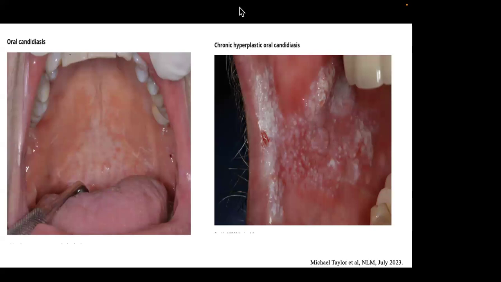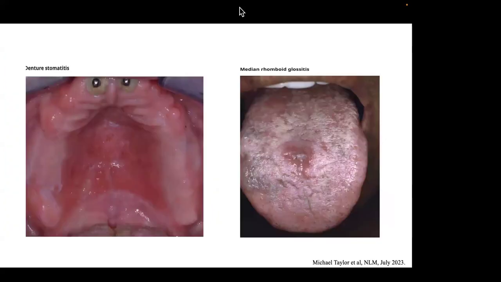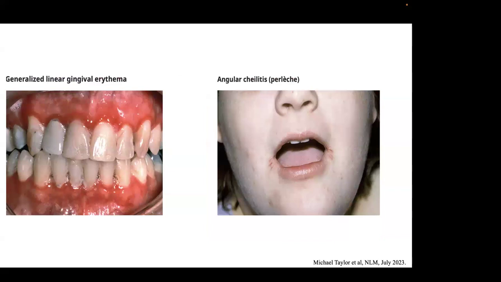A few images. The first one is showing oral candidiasis. Then the next one is showing the presence of chronic hyperplastic oral candidiasis. Then the white patches which can be seen over the denture sites, which is denture stomatitis. Depapillated rhomboid lesion over the tongue, which is the median rhomboid glossitis, and angular cheilitis, which is extending from the